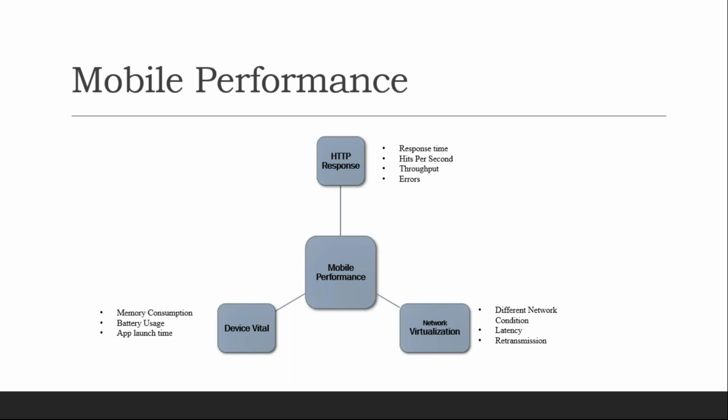You can ask another question: in that case, how are the remaining client level metrics covered, and how are people doing it in the industry now? For that, there are different client level automation tools. People are using Android Studio for Android and Xcode for iOS to get the device vitals. Basically, these are what you call development tools.